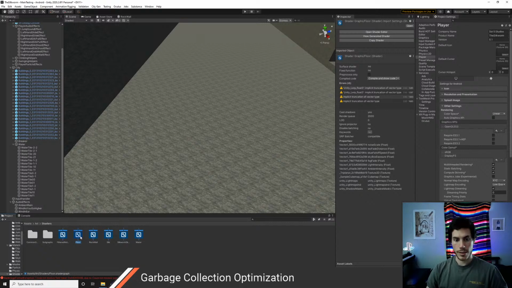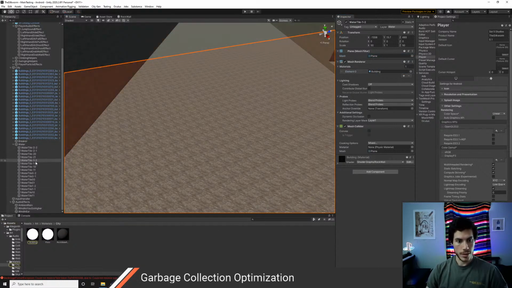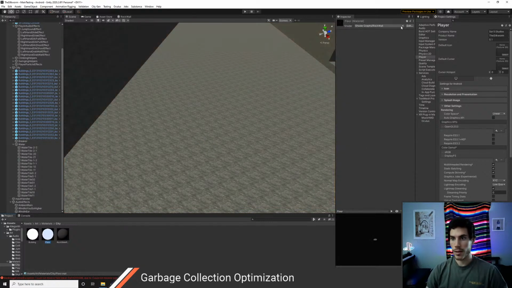Okay, and then I need to go into this, go to the water tile, give it floor, go to floor,